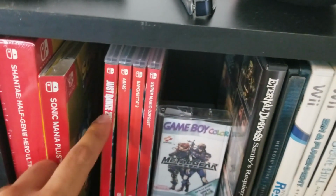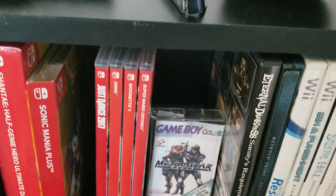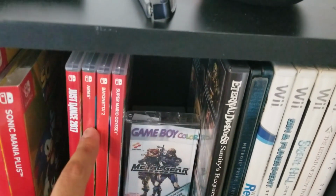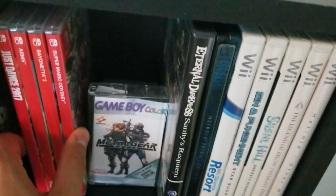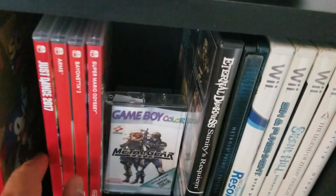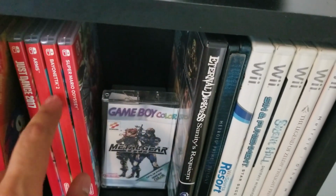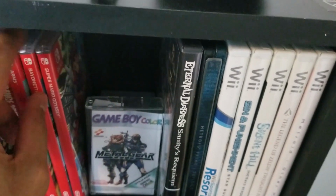Just Dance. I actually had a lot of fun with Just Dance 2017 when the Switch launched. It was a lot of fun. ARMS, not as much fun, but you know, it's a unique title. I bought it because it's a unique title. First party Nintendo, so I figured I couldn't go wrong, and I don't really regret the purchase, although I don't really play it. Bayonetta 2 with the Bayonetta 1 download,